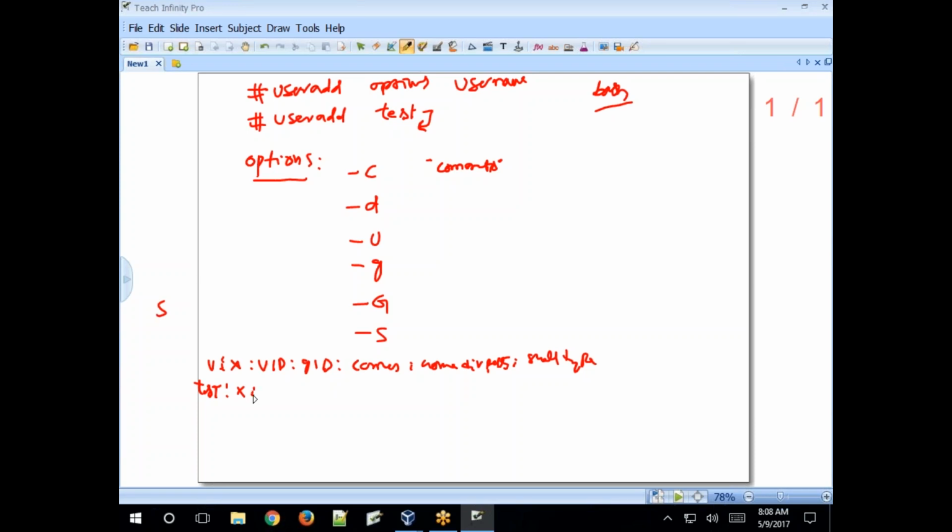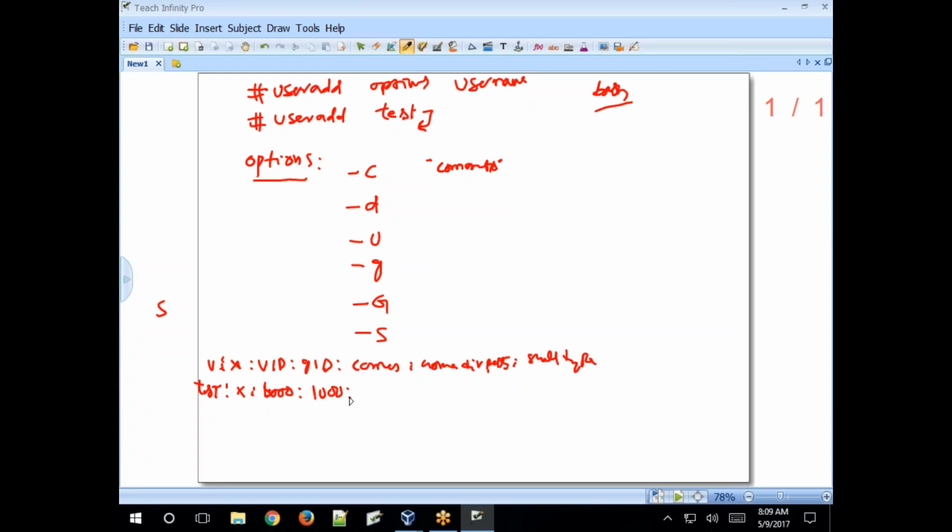Your actual password is stored in the shadow file, not in the password file. And one UID is created: 1000, the first user, and GID also 1000.